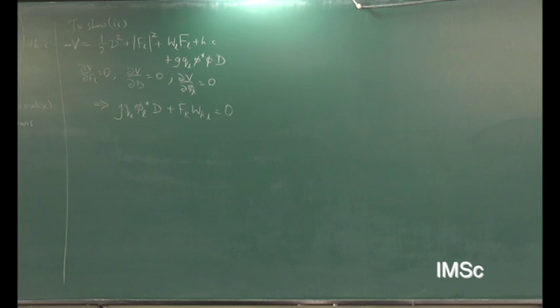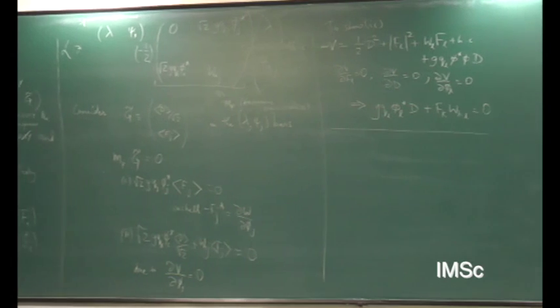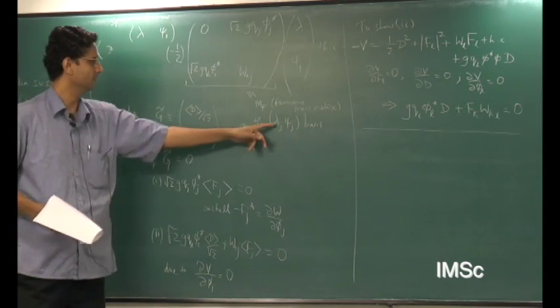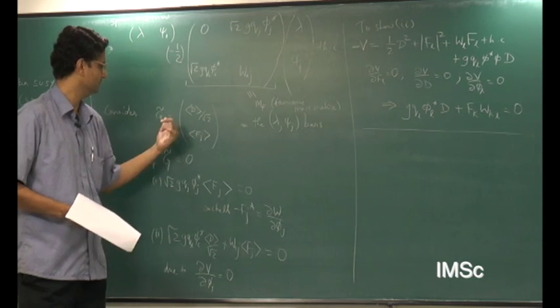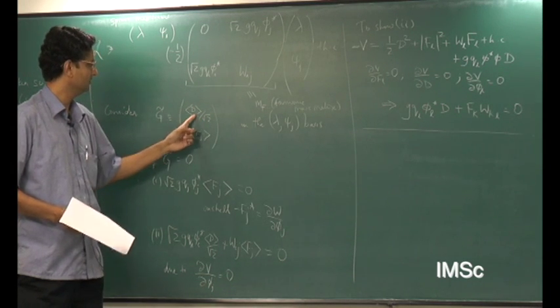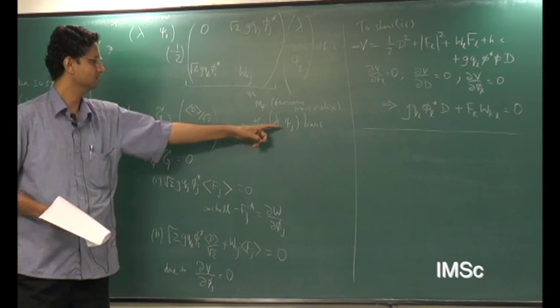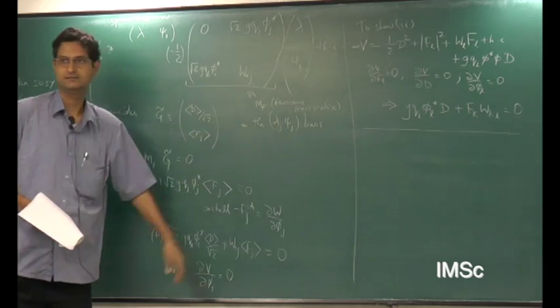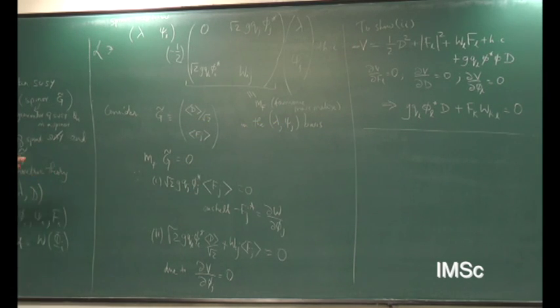So these two are then true, which just means that this equation is true. Again, this is written in this lambda, psi_i basis. This just means this Goldstino, this G twiddle, is D over square root of 2 times lambda, and then F_j times psi_j. So that linear combination has this property.